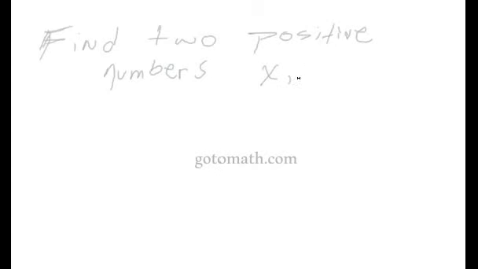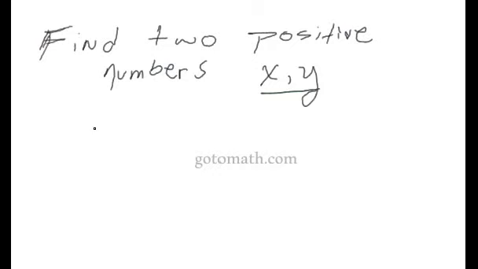Well, anyway, we're going to find two positive numbers, and we're going to let these two numbers just be x and y. Okay, so we're going to let the two numbers be x and y. Alright, we darkened it up a little bit. Anyway, so we're finding two positive numbers. We're going to call the two positive numbers x and y,